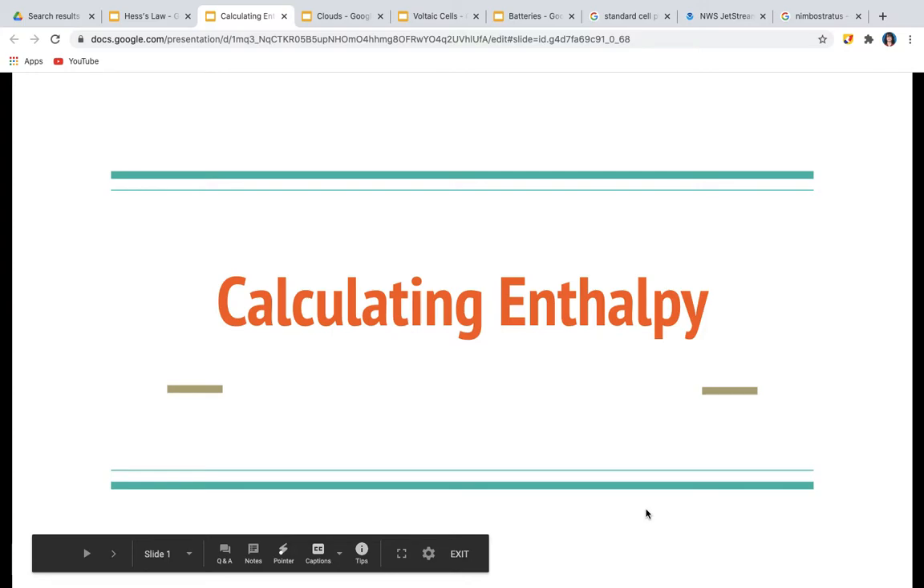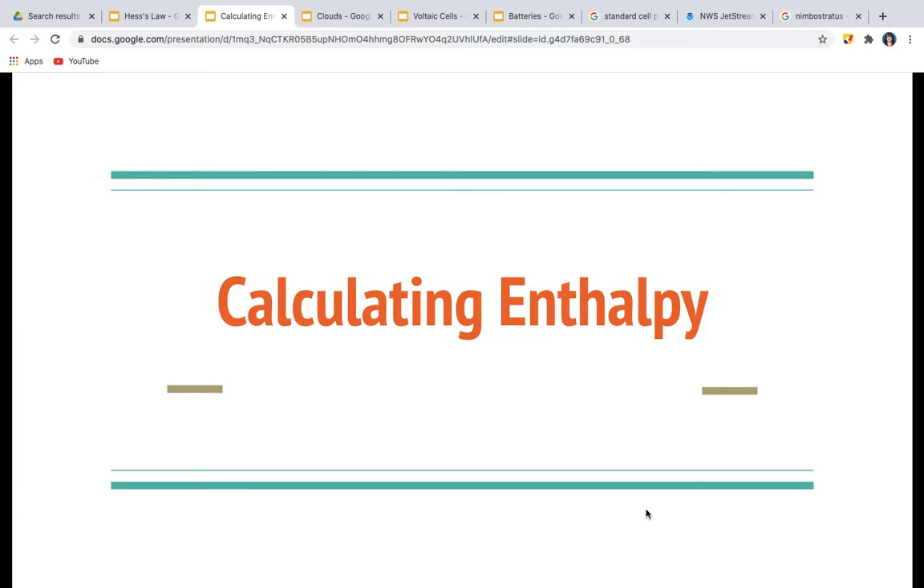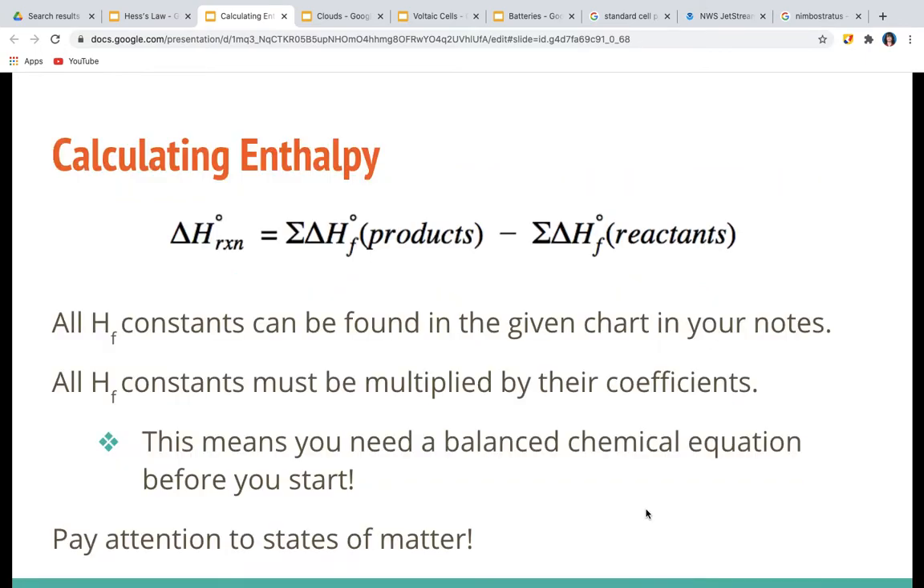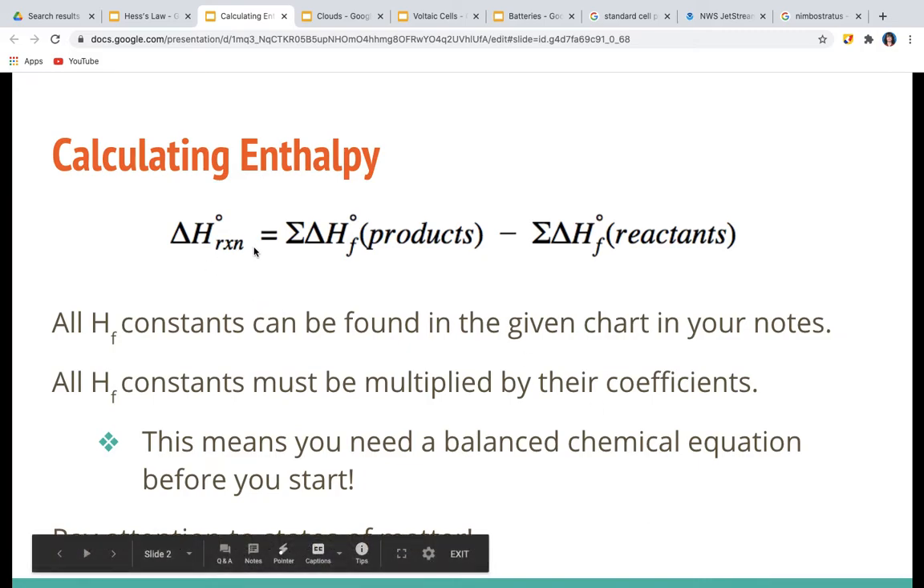How we calculate enthalpy, even when we don't have our Q reaction. Okay, so this is a separate way of calculating enthalpy. And so what formula we're going to use, we have this delta H of the reaction, so this is the enthalpy of